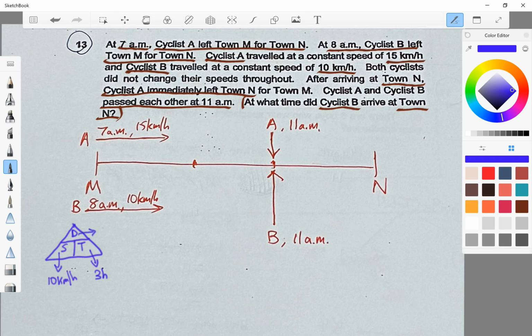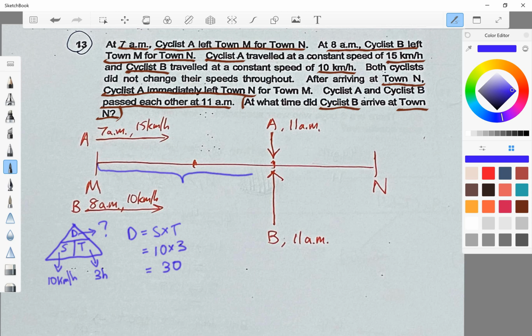And we want to ask ourselves, what was the distance covered? Distance is equal to speed times time, which is 10 multiplied by 3 to give us 30. So we can safely say that in 3 hours, cyclist B covered 30 kilometers,